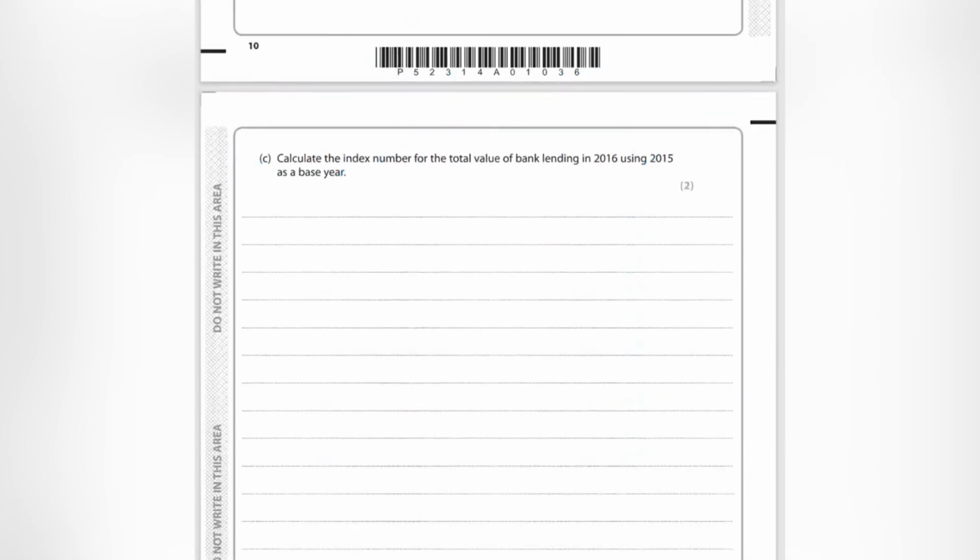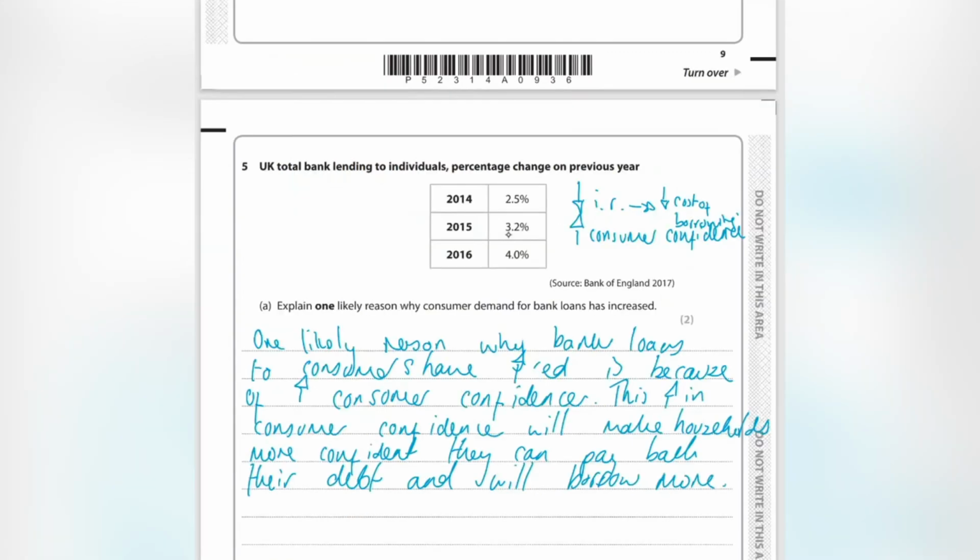Calculate the index number for the total value of bank lending in 2016 using 2015 as a base year. All right, so if 2015 is the base year, then the index for that year is 100. Now, some people make the mistake of trying to work out the difference between 3.2% and 4%. Do not do that. That is not what you need to do here. Instead, what you need to do is